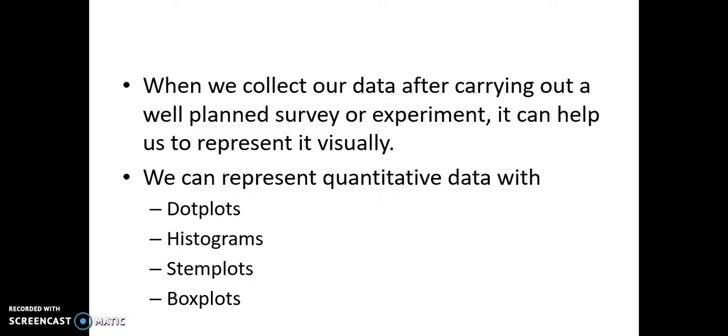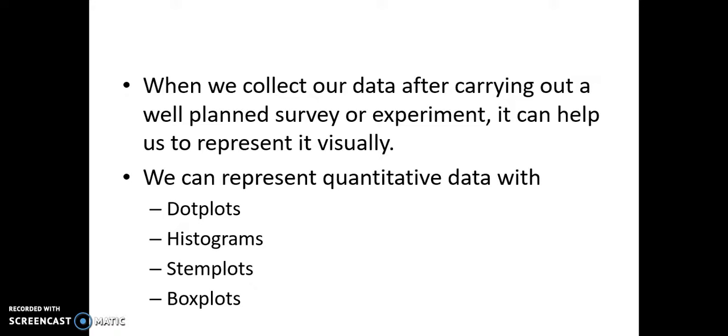But when we collect our data, it can help us to represent it visually so that we can actually understand what the trends are, what the patterns are, and to draw some conclusions about the sample and the population we want to study. We can represent quantitative data, so that's data that we measure, with either dot plots, histograms, stem